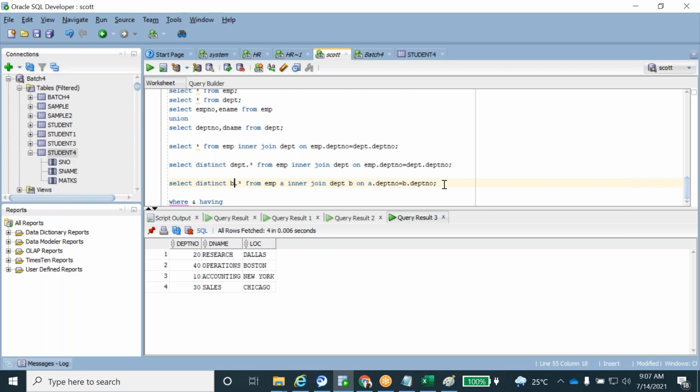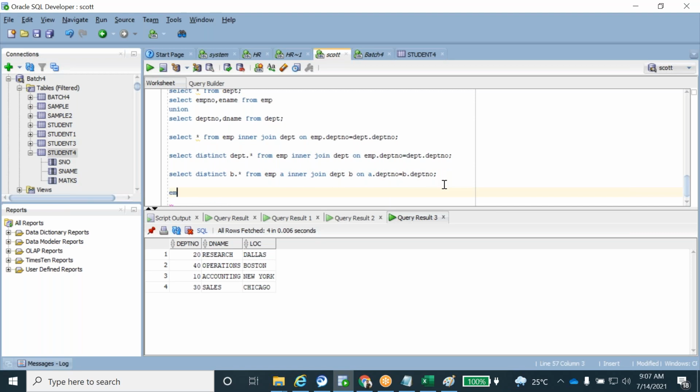Like that. Now suppose they ask in the question that I want the output to be EMP number, EMP name, salary, D name, or location. These columns only I want as output: department name, and take the DPT number.